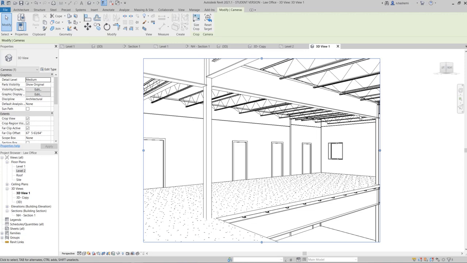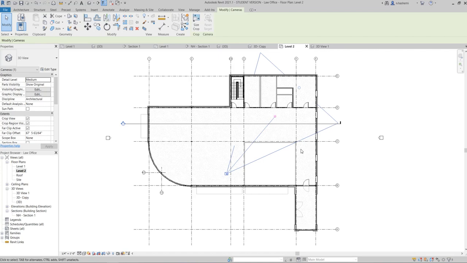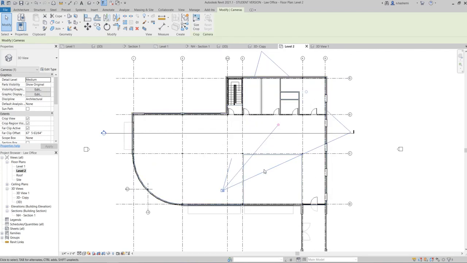Now let's go back to our level 2. So this is the camera triangle, okay? This is the right side of the camera view, left side, middle side, or the direction you are looking at. And then this is the back of your view, okay? So how far you can see, this is the level that controls that. This is actually called far clip active, okay?